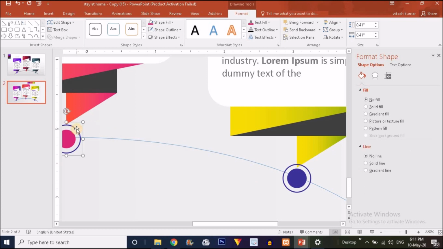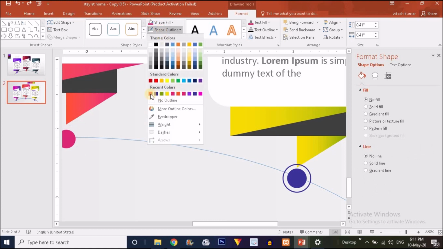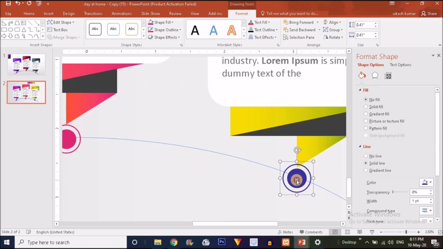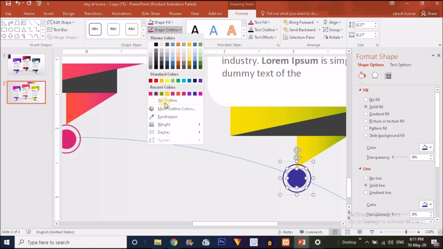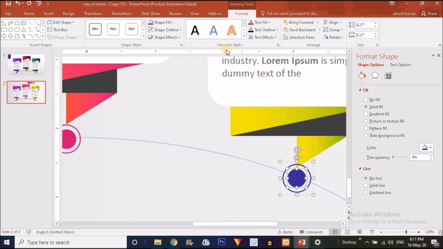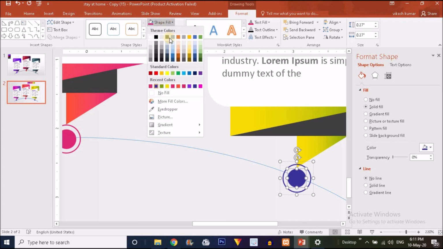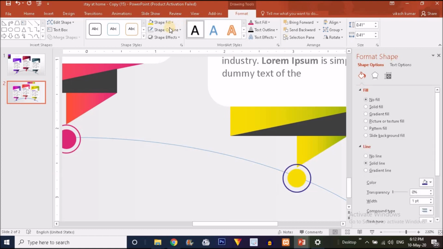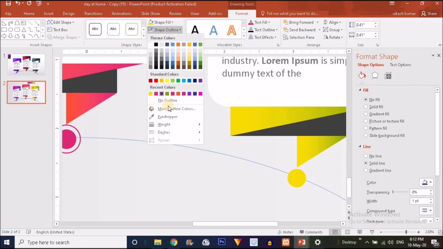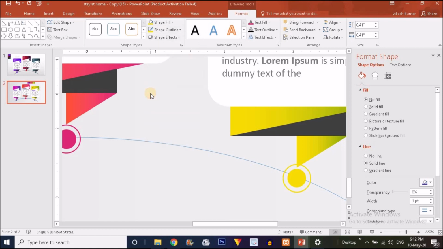And for the outline I'm going to use the same color. Just select this smaller circle and make the outline no outline, and go to the shape fill option and choose the eyedropper and give it this color. Now for the bigger circle, go to the shape outline option and again give it this color.